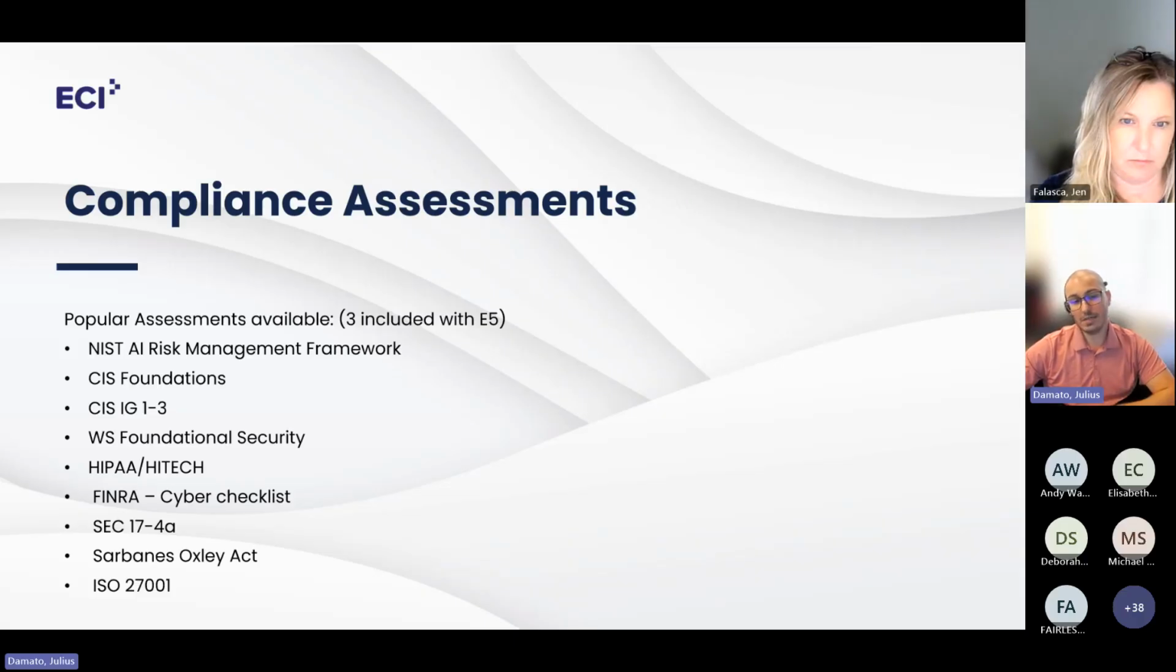Last two slides here for compliance assessments. Here are the most popular ones that are available right in the platform. So you can do NIST AI risk ones, you can do CIS foundations, you can do all the way from CIS IG 1 through 3. There is this foundational security one, there's HIPAA and HITECH ones if you're interested, the FINRA cyber checklist, SEC 17a-4,